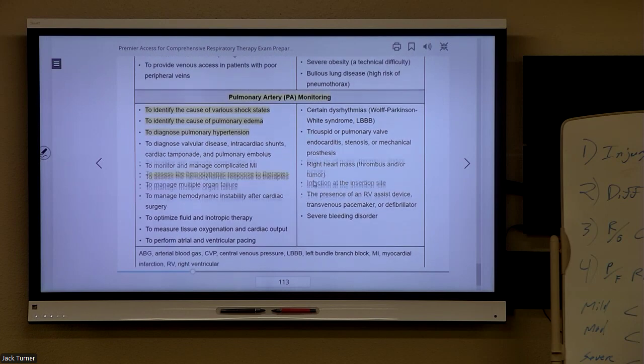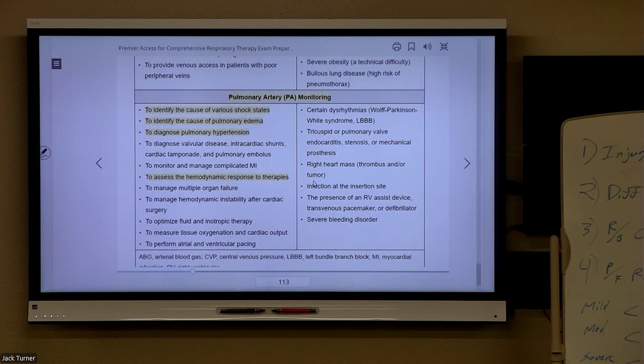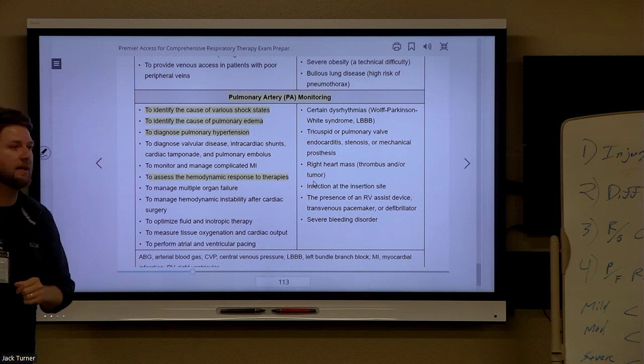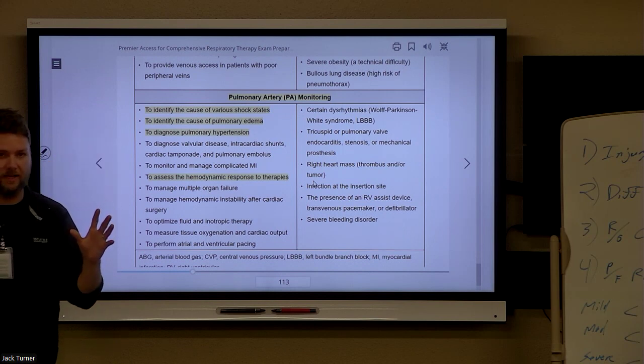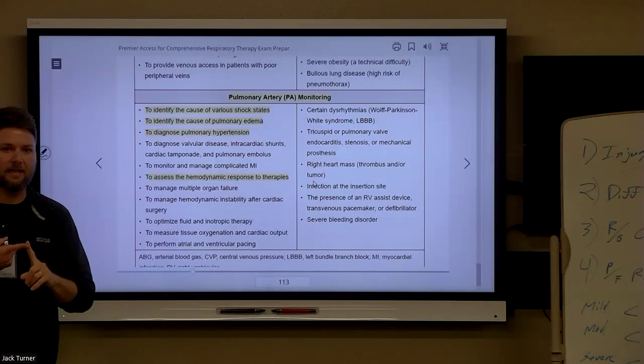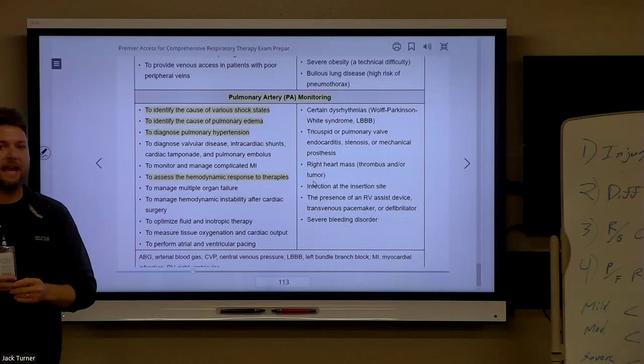Pulmonary artery catheter. This can tell me all types of stuff. It can tell me if my patient has pulmonary hypertension. Obviously, that's the main thing. It can help me identify the cause of pulmonary edema. So if I see that a person has bilateral fluffy infiltrates, I'm thinking they have pulmonary edema or they have ARDS, right? And so let's say I look and my PAP is like